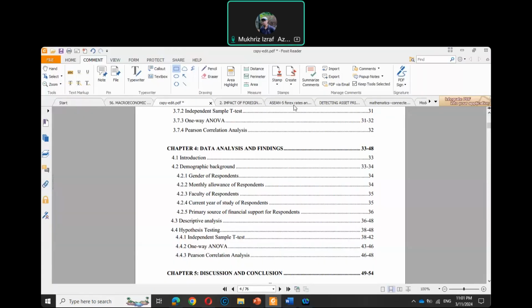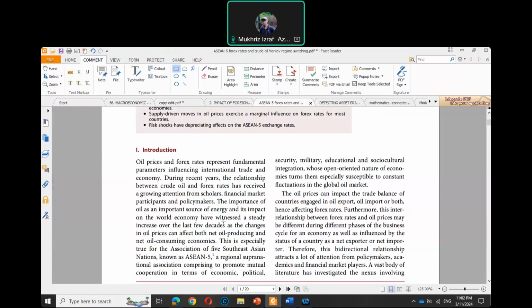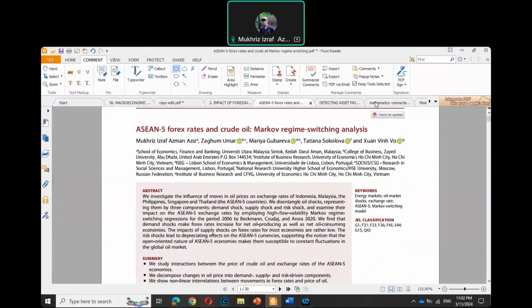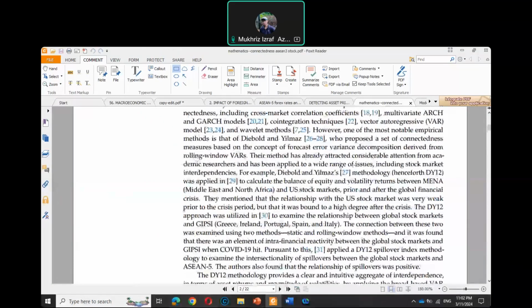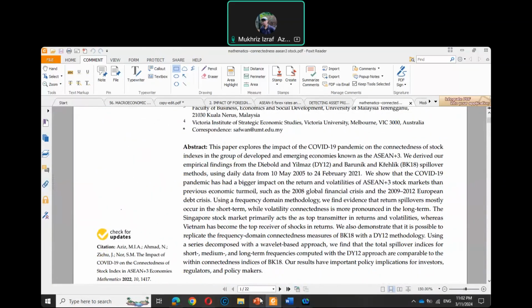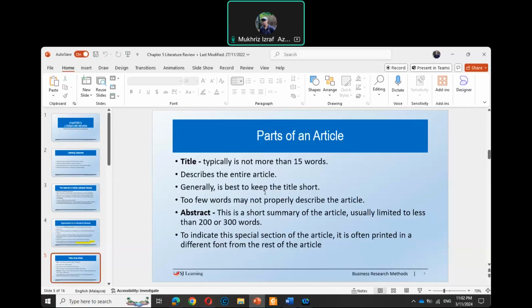So when you read a journal article, mana-mana journal article yang kamu baca, for example, my own paper lah, dia ada intro. So when you read any journal article, dia mesti ada abstract. So it's common that when you read any journal article, you will start with an abstract. Dia mesti ada abstract, tajuk lah. Lepas tu, this abstract is basically